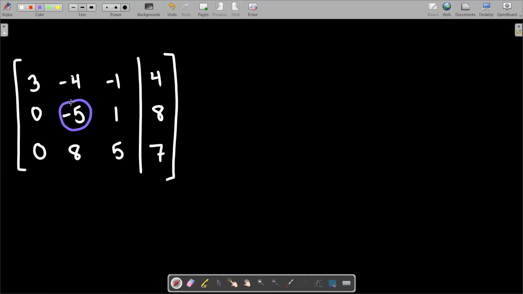So our worker B this time is going to be the negative 5 row. All right. So that purple one, to me, my color